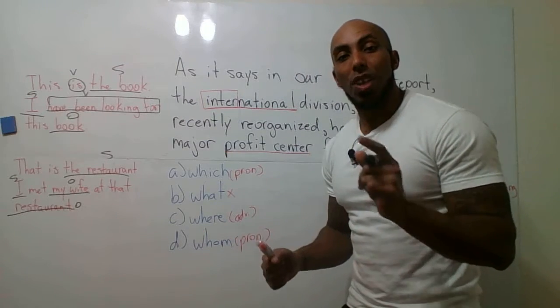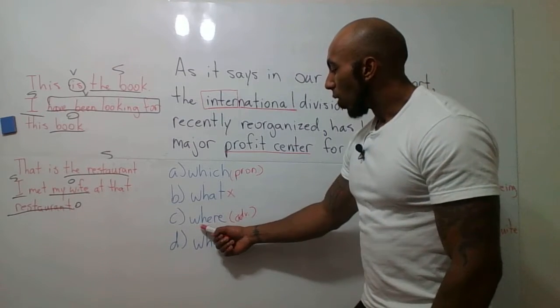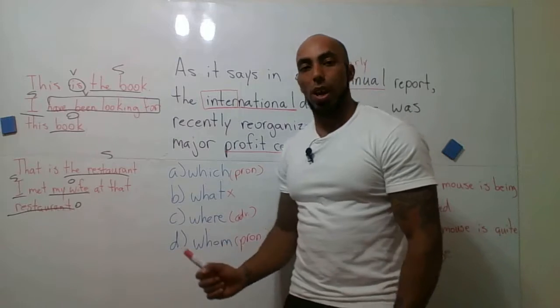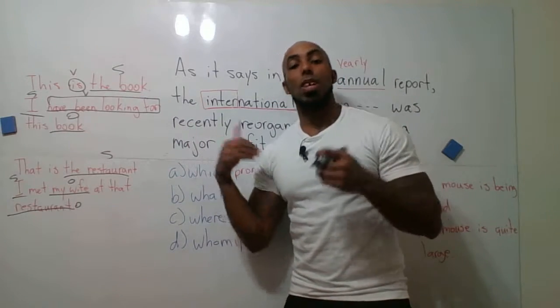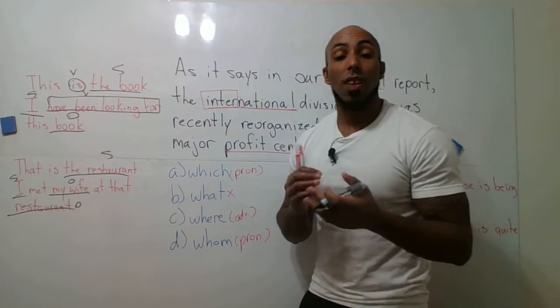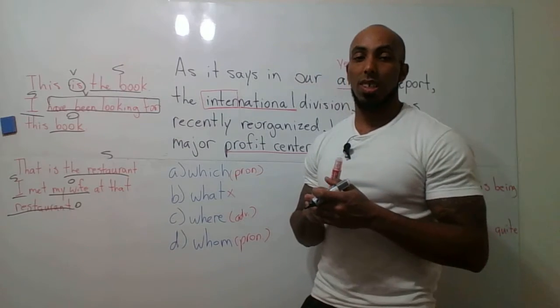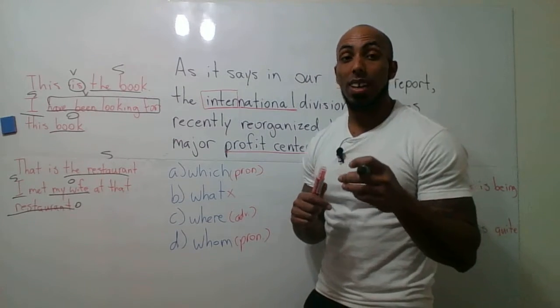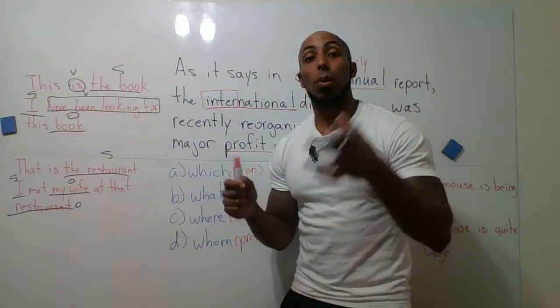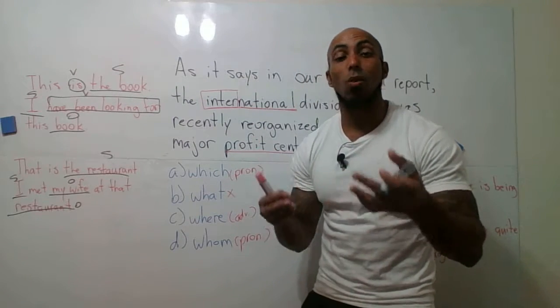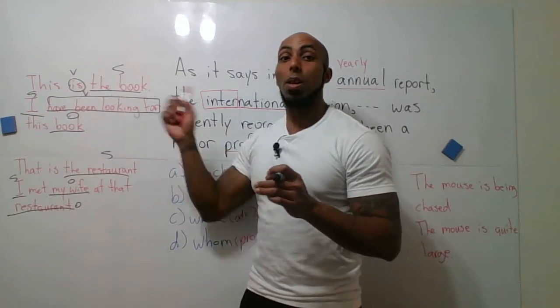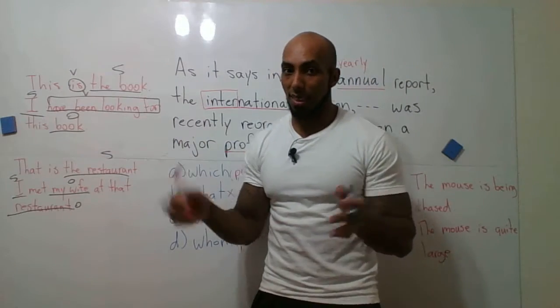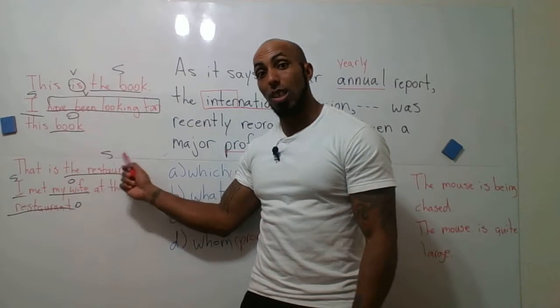So one more thing about "where": remember when we ask a question with "where," what are we referring to? We want to know a place. So it's the same thing when using it as a relative adverb when combining two sentences. Whatever it's replacing is going to be a place. Okay, you're going to have a place in one of the sentences. You wouldn't use "where" with the first sentence here because a book is not a place, it's a thing. However, a restaurant is a place.